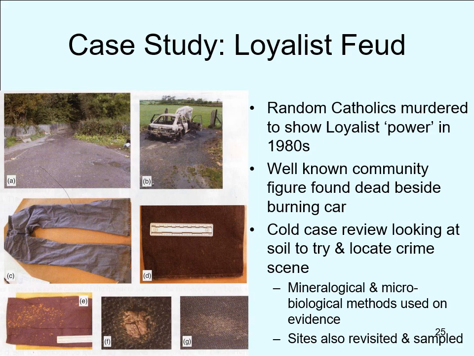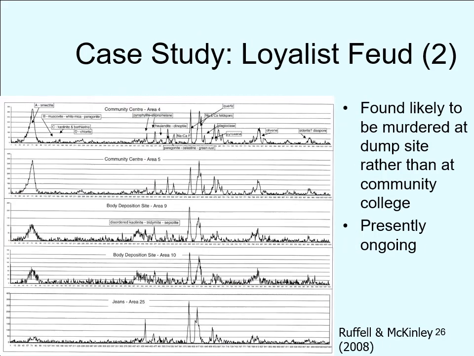So they actually looked at revisiting some of the evidence. You can see the bottom example: there are some shoes, some clothes, some mud on it, and different materials. So that's actually sampled, as well as going back to the actual sites to see what they could find out. And actually looking at some ICP, I think, in here, some analysis, and again, details of specific minerals aren't important. You'll notice some peaks look similar, smectite being the first big peak on the left-hand side. Then you've got a variety of other types as well. Quartz is some of these big middle peaks, and then some of the other ones are showing some differences and